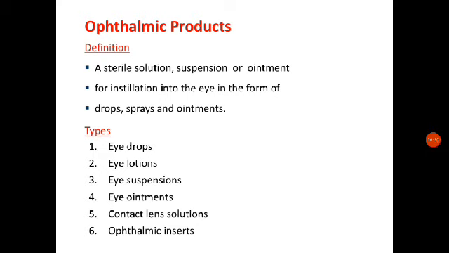By definition, similarly to parenterals, they are sterile preparations, either solution, suspension or in the form of ointments, which are meant for instillation into the eye in the form of drops, eye drops, ointments or eye sprays, etc. The various types of ophthalmic products include eye drops, eye lotions, eye suspensions, eye ointments and contact lens solutions,